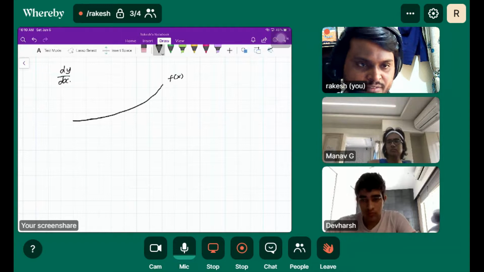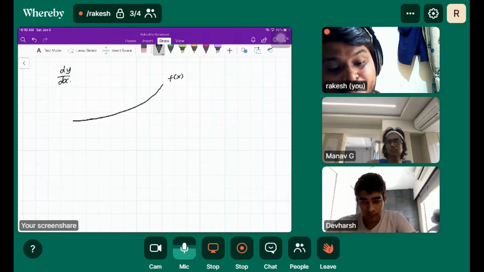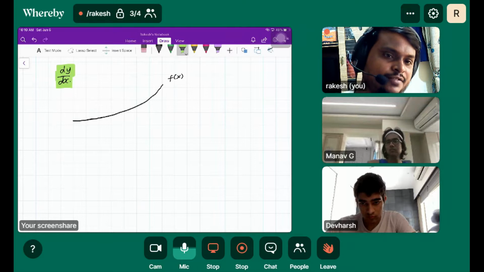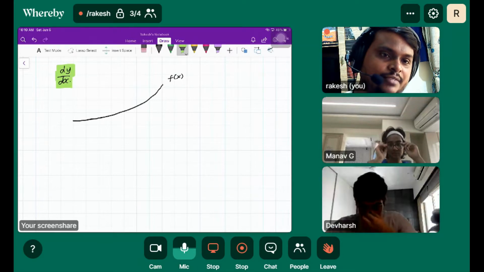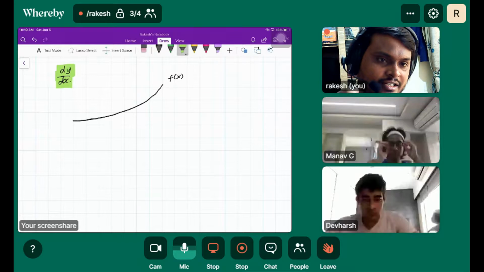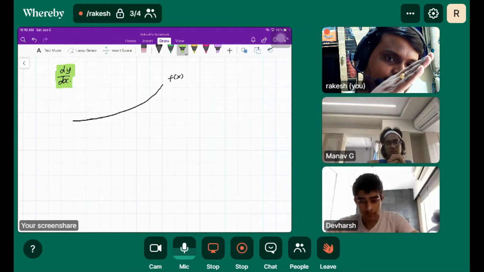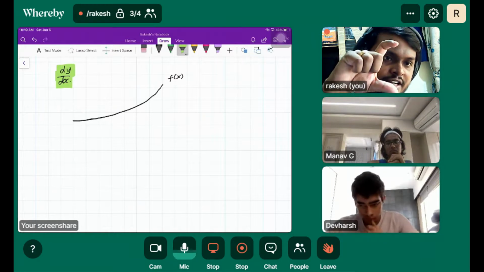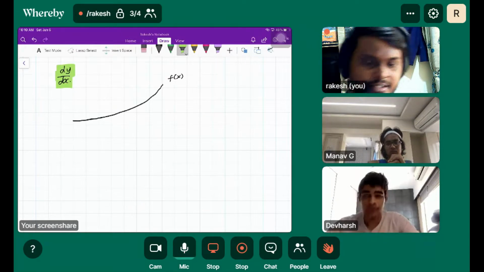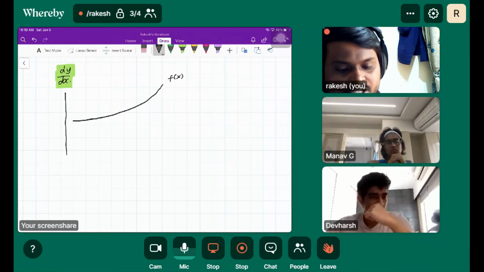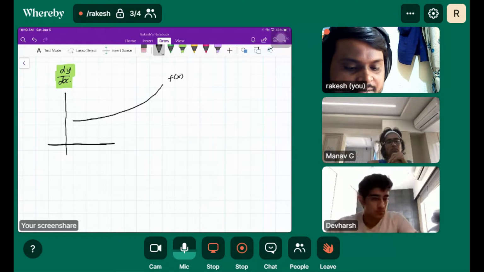If we understand this properly, then it is very easy to understand for multivariable functions. So first understand what this means in detail, because we have been discussing dy by dx for a long time, and dy by dx is nothing but the gradient or slope. But what exactly is dy by dx? It is the change in y with respect to the change in x. How the curve changes, means y is basically the height. If I draw this axis, you will understand that y is basically height.